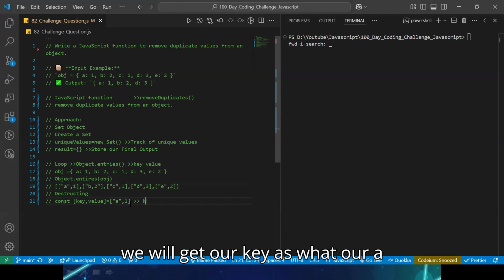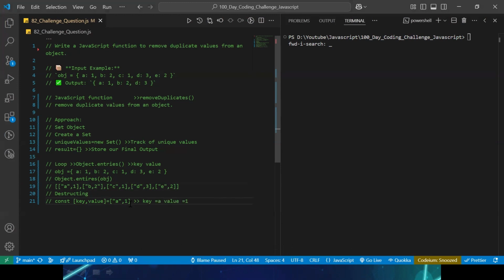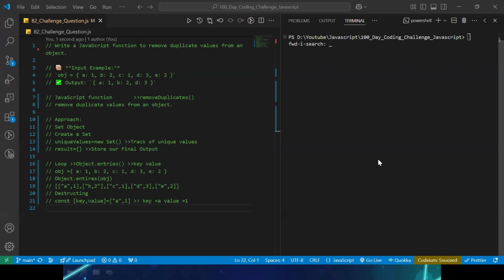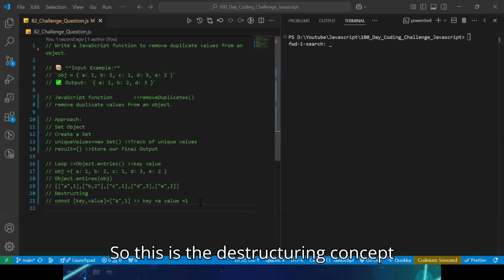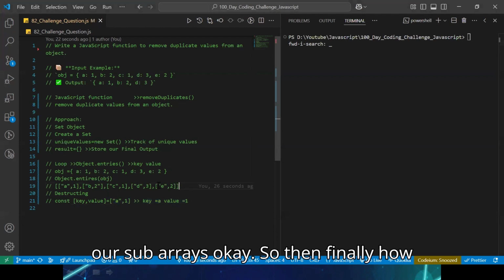We will get our key as A, right? And then what will be our value? It will be nothing but 1. So this is the destructuring concept which we are going to do for all of our sub arrays.